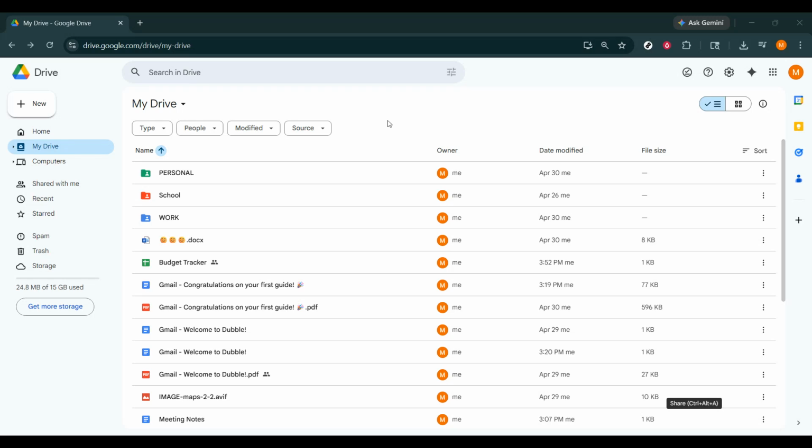If you want to upload a video to Google Drive and get a shareable link, this quick tutorial will walk you through the whole process step by step. It's perfect for sending large video files to clients, classmates, teammates, or anyone else without worrying about email file size